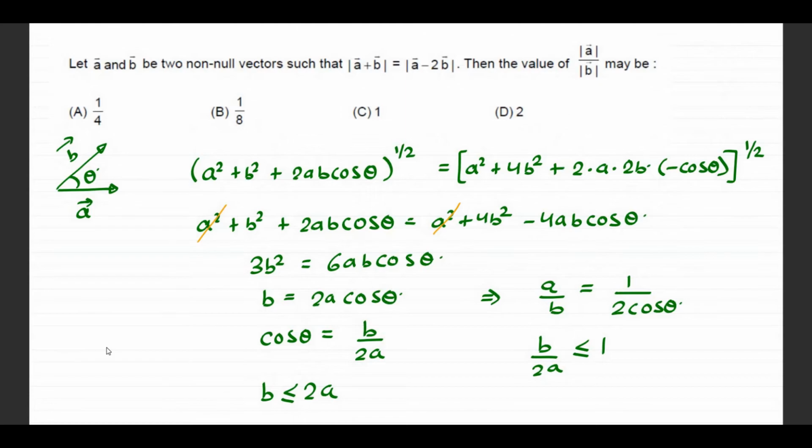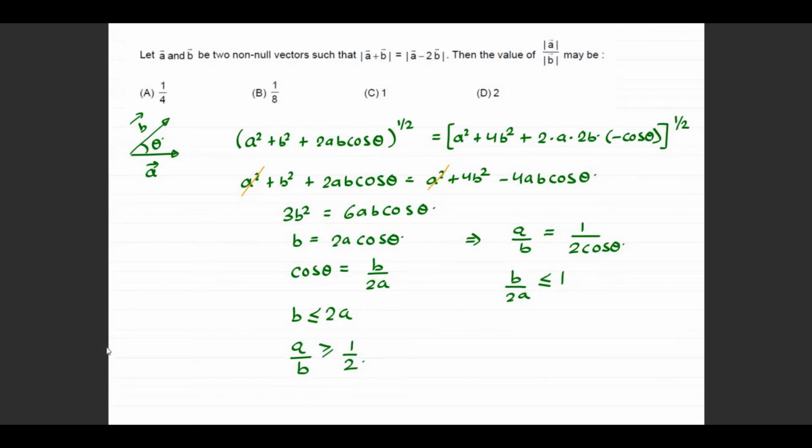If you look at the options, this is less than half, so not possible, not possible, this is possible, this is possible. So it can be more than one option correct then. Fine. Okay, let's move forward then.